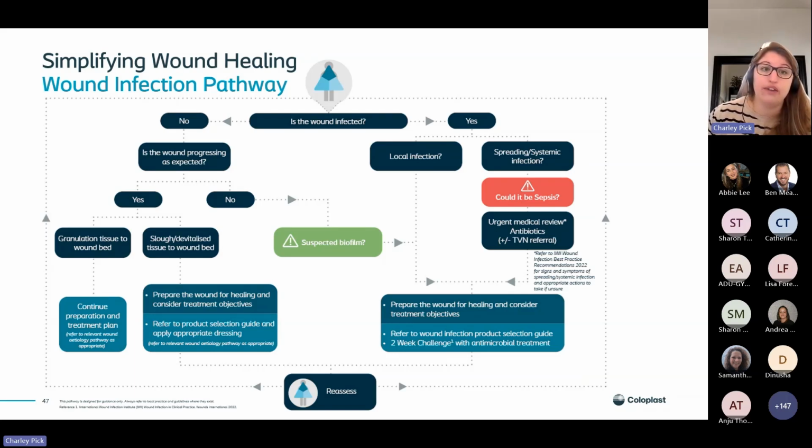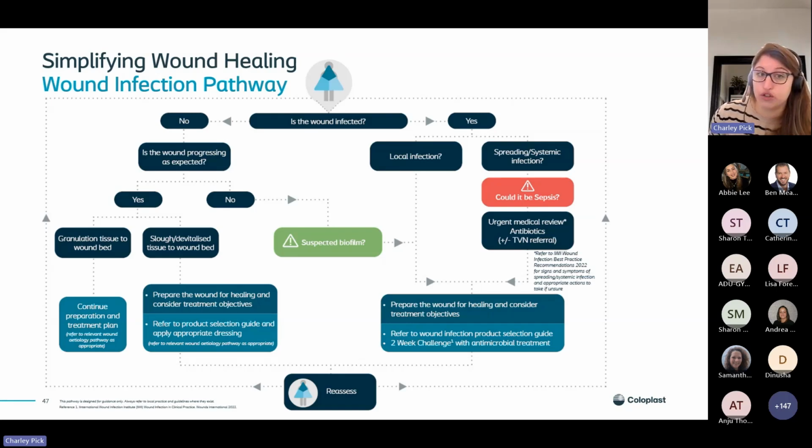If the wound is not progressing and you're suspecting a biofilm, then you would prepare the wound for healing using wound preparation and consider your treatment objectives. Refer to the wound infection product selection guide and the 2-week challenge with antimicrobial treatment. If the wound is progressing as expected, but there is slough or devitalized tissue to that wound bed, you would prepare the wound for healing using wound preparation such as All Prep Pad, and refer to the product selection guide